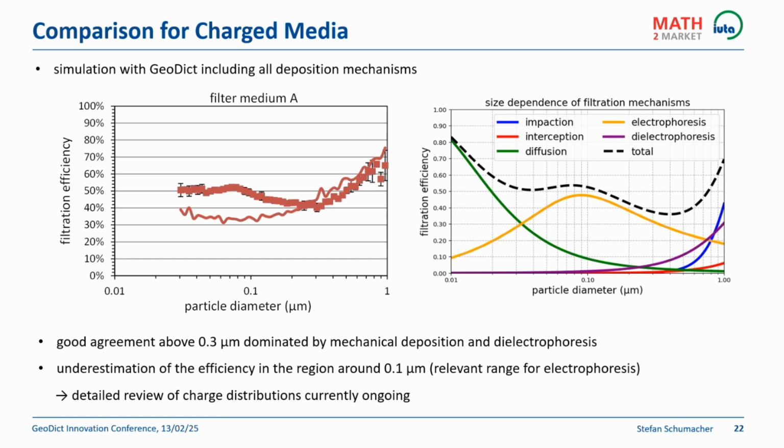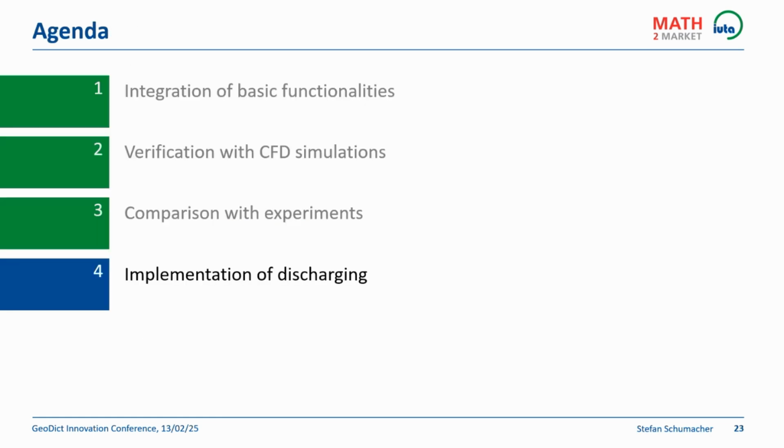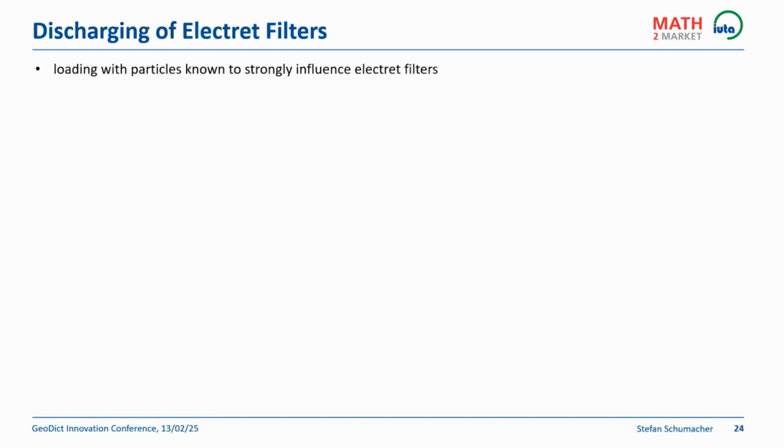And we are currently looking at whether this could be an effect of different charge distributions or of the fiber charge, to see where this discrepancy comes from. So in the last few minutes, I would like to give you an outlook on the implementation of these discharging